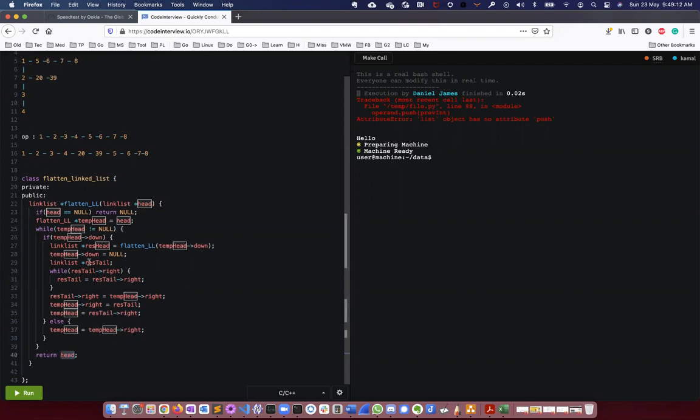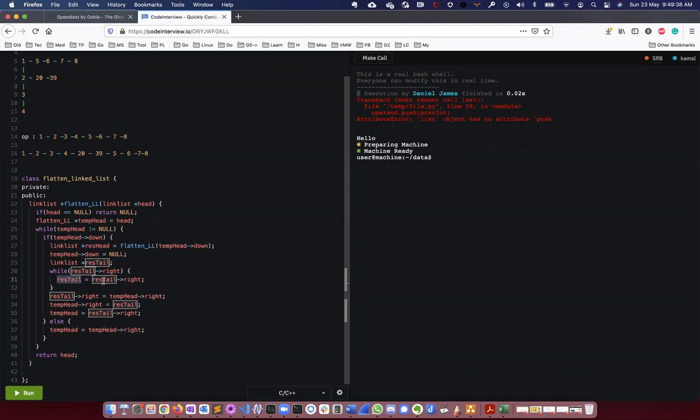Whenever we come back here, result head contains 3 and 4, with 4 next to 3. Then I go to the end of the list, which is 4 here, and point result tail to 4. Then 4 next will be 20 and 39, because the 20, 39 down pointer is not null.